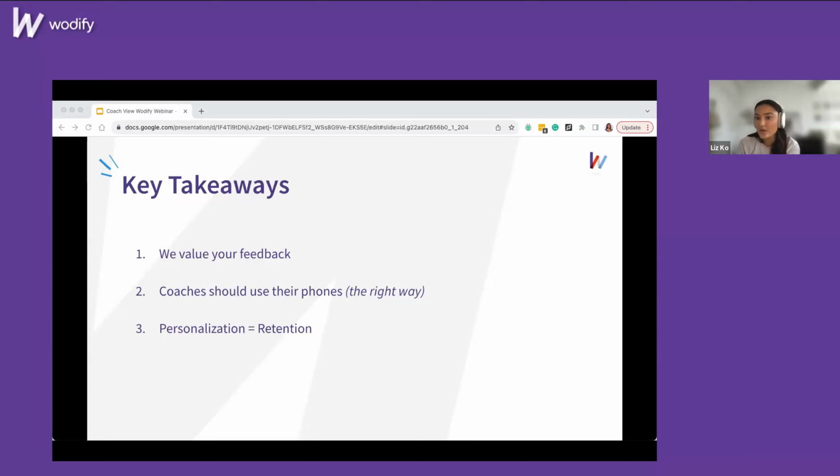So, capturing videos and pictures of your clients' results, showcasing their progress over time can significantly contribute to engagement and retention, and then also ensuring that you have complete and accurate data for every client. So those profile pictures, tags, and notes, that really helps your coaches provide a tailored experience.